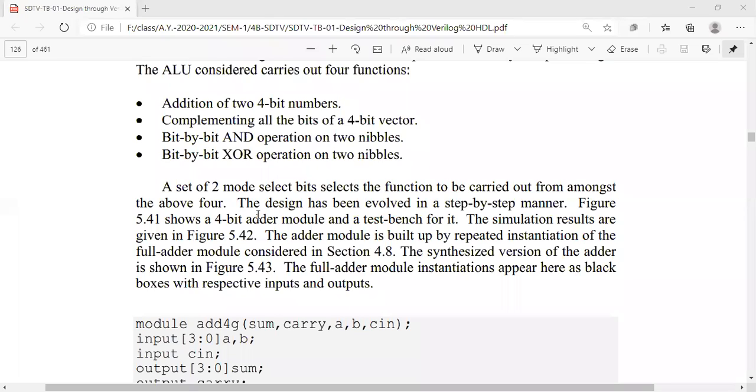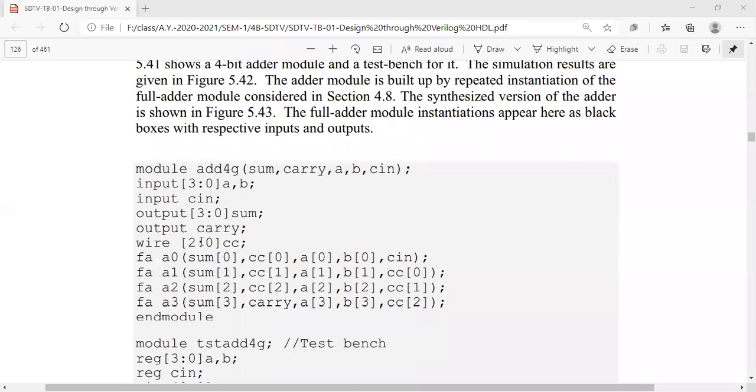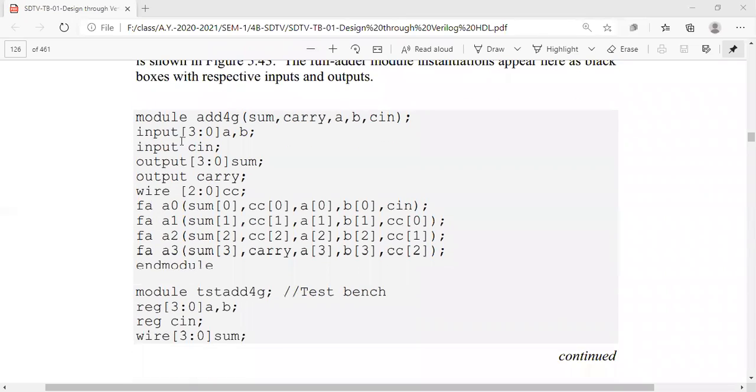So first we will see the help of two 4-bit numbers. See here, this is a 4-bit addition, a 4-bit adder, right? We have some carry, and A is 4 bit, B is 4 bit, and Cin is a single bit.